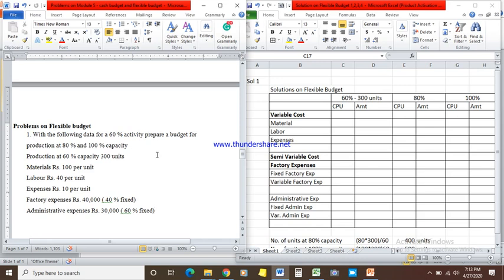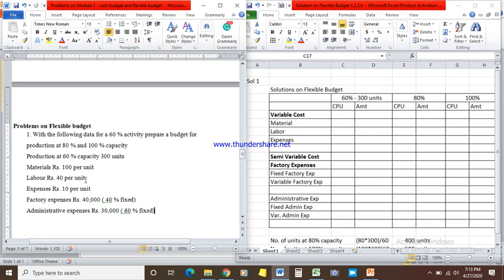So let's take a problem to understand how these things are captured. With the following data for the 60% activity, prepare a budget for production at 80% and 100% capacity. So presently at 60% capacity, what is the cost the company is incurring? How many units has the company manufactured? We have given the details. Now in case your company is planning for 80% capacity and 100% capacity, what will be the production the company is going to do? How many units it is going to produce at a given capacity, and accordingly